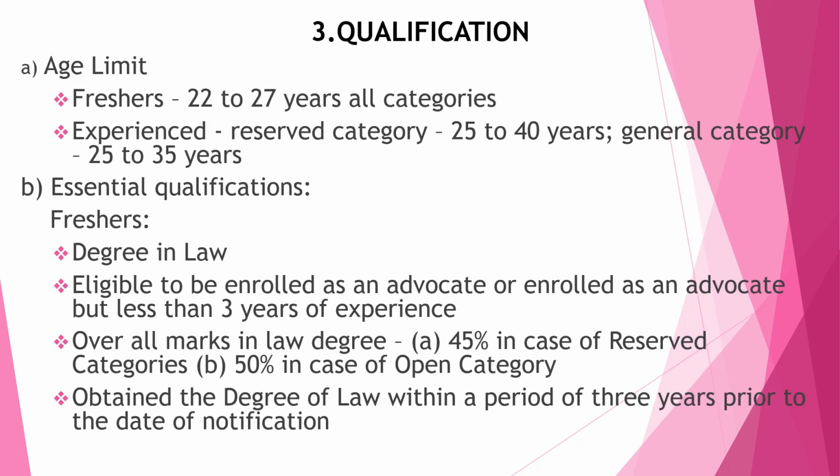The third aspect is qualification. Age limit for freshers is 22 to 27 years under all categories, and in case of experienced advocates, under reserved category 25 to 40 years, and in case of general category 25 to 35 years. And the essential qualification for freshers is they should possess a degree in law, they should be eligible to be enrolled as an advocate, and if they are enrolled as an advocate, then they should have less than 3 years of experience, and overall marks in law degree should be 45% in case of reserved categories and